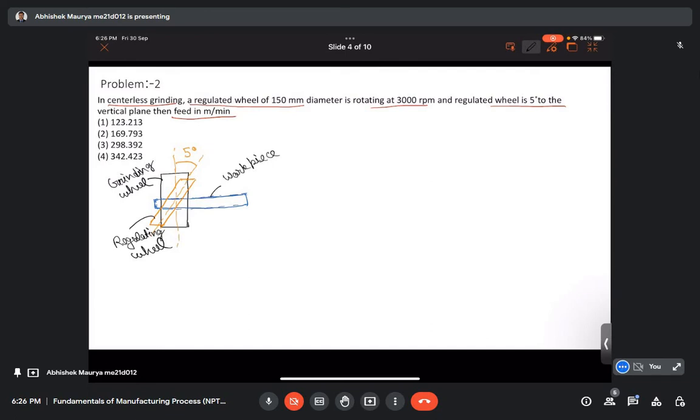And the inclination angle which is given to the regulating wheel is 5 degrees, and because of this 5-degree inclination, when our regulating wheel rotates, then it will